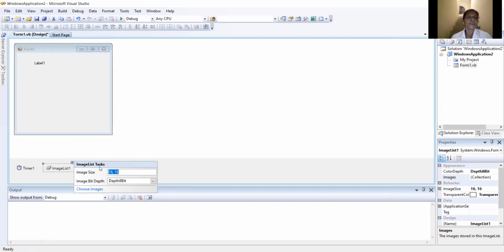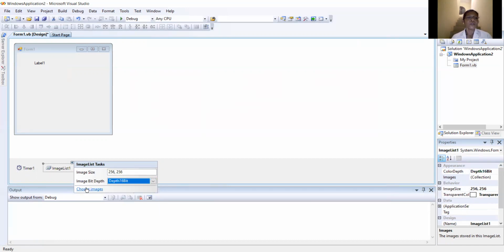We have to set the image size to 256, 256, because the default value is 16, 16. At that size, the images are not shown in proper view. So we have to set the value as 256, 256. Also change the image bit depth value to depth 16 bit.